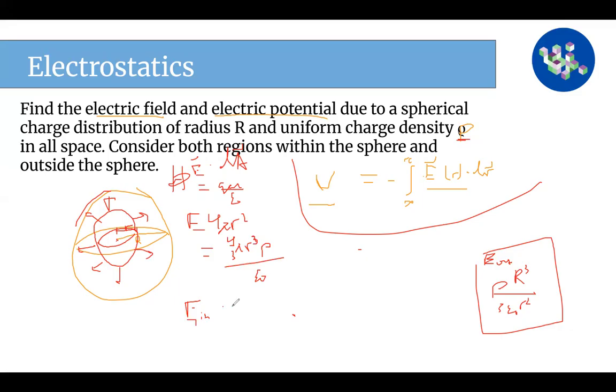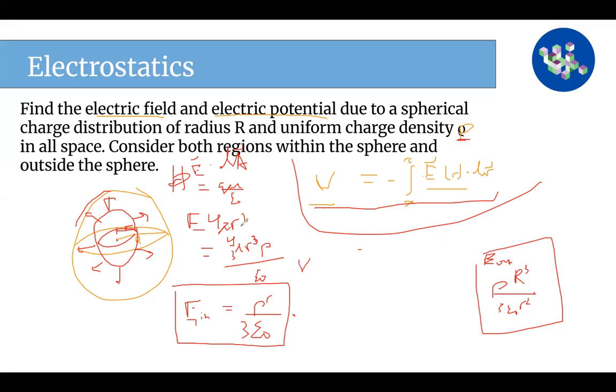E in would equal rho times small r divided by 3 epsilon 0. This is my E inside of the sphere. Okay, so now we found E inside and E outside. Let's find the voltage. So it'll be a simple integral, right? Remember we had this integral over here. So we want to find V,